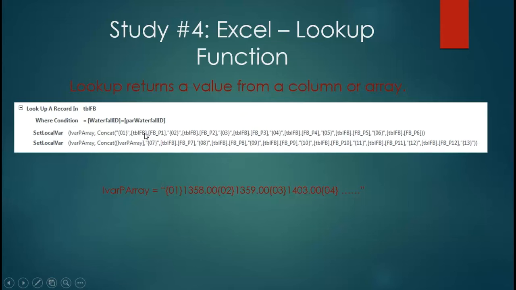That's a field in that table. FBP1 is a field in table FB, and you'll notice we've got P1, P2, P3. There's 12 of them. Go figure. I couldn't fit it all on one line, so I did the first part there, and then I said P array, and then I should probably explain what a